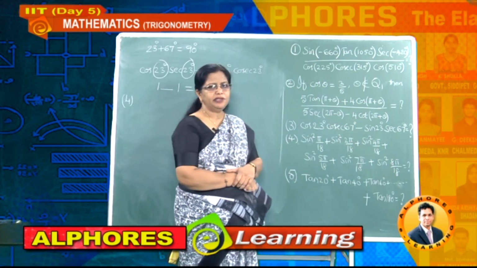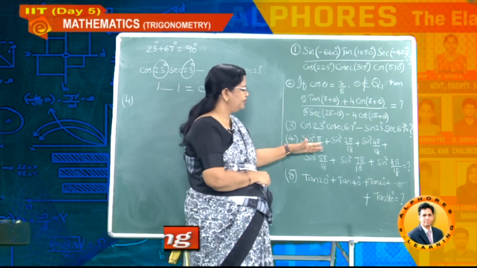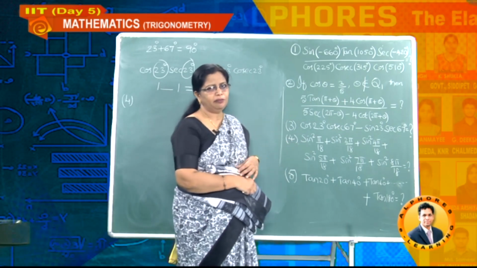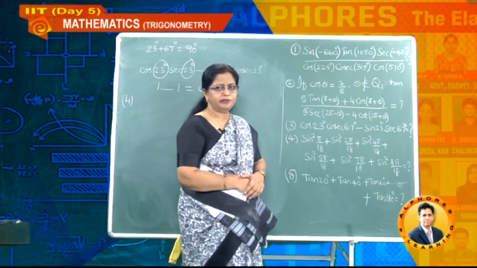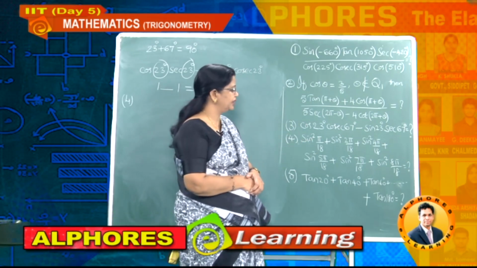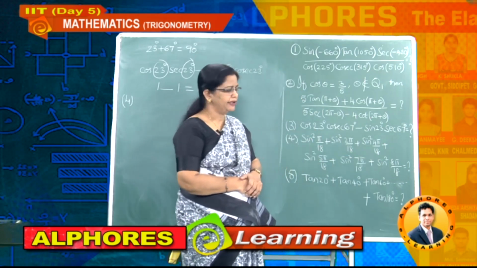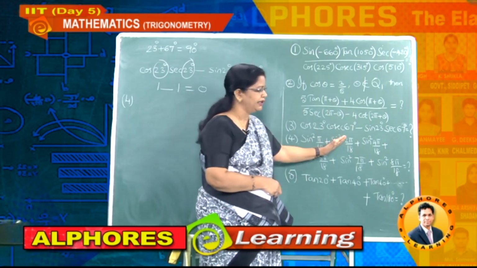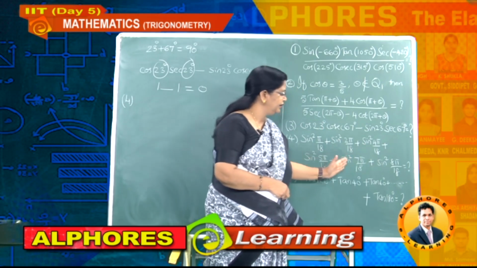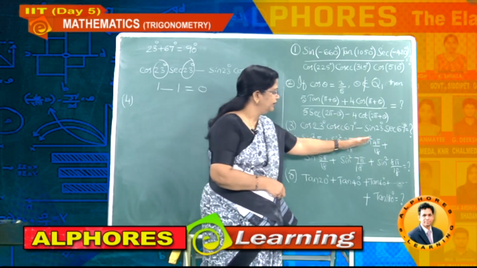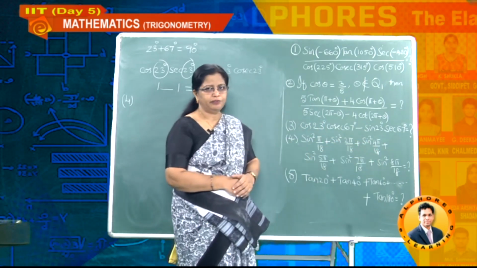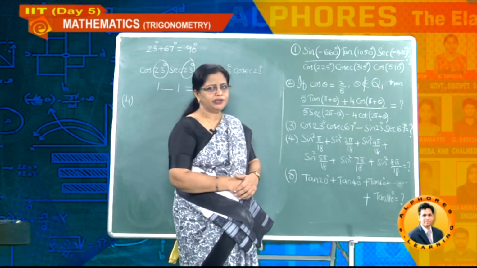Then your concentration has to be, whenever more number of terms are given in any problem with some unknown values, then always the relation is first one and last one. Understand? Again from the beginning second term, from the end second term, from the beginning third term, from the end third term. Any relation did you observe?